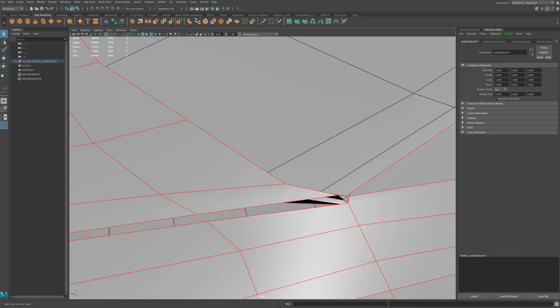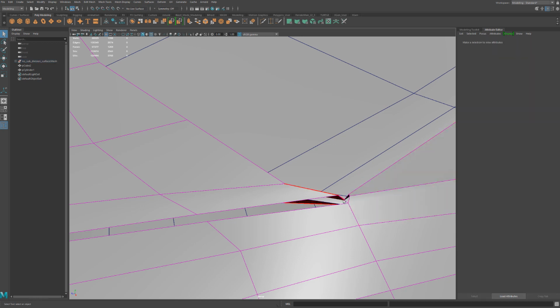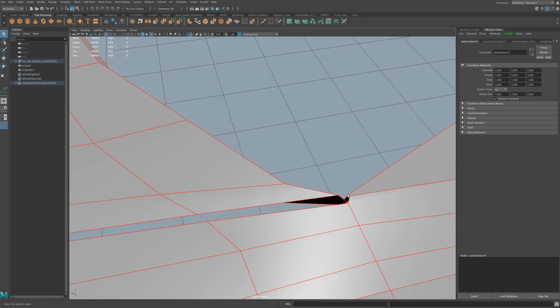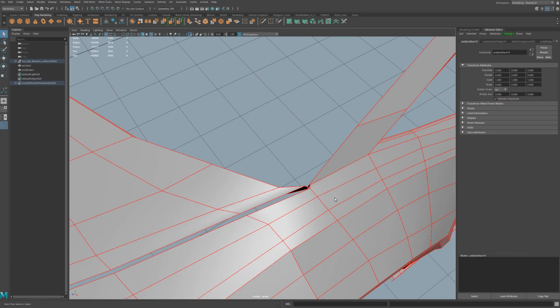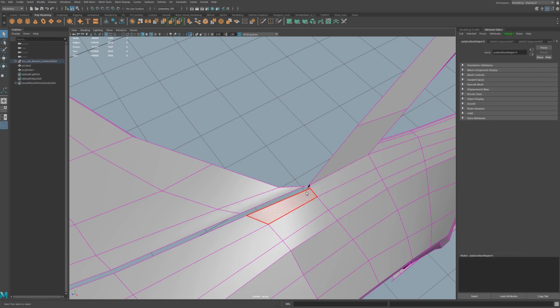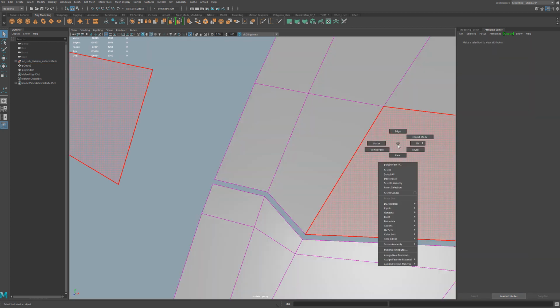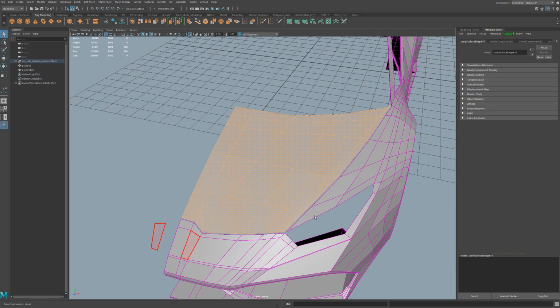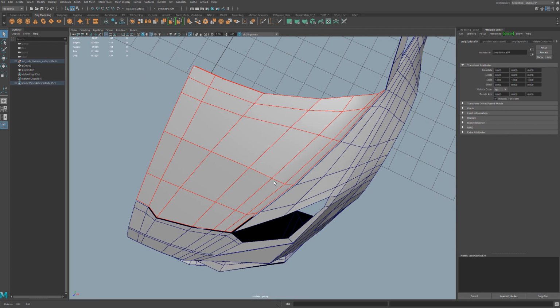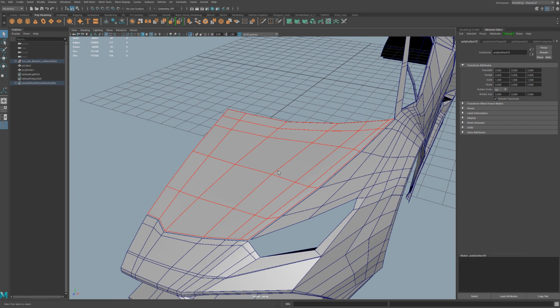The bevels don't give you a super clean finish, so some of these corners you do have to pretty much manually take care of. So make sure that piece is selected or all the way torn off. So now if I double click on this hood, it should be a completely different piece than the rest of the body. Separate this, and keep in mind this should be done pretty much at the very end of the